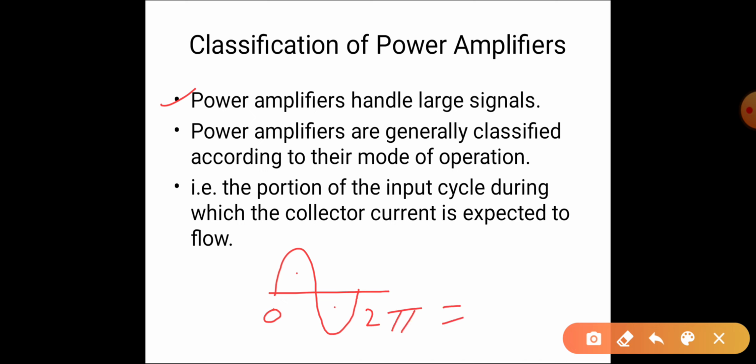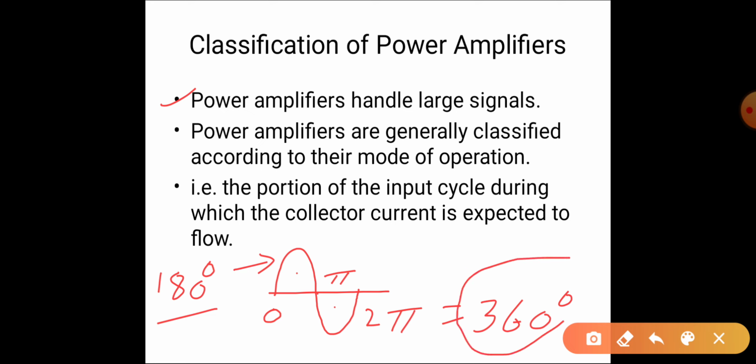That is 360 degrees, and this middle is pi. This first positive half cycle is of 180 degrees and the negative half cycle is also of 180 degrees. So two half cycles, positive and negative, total comprising 360 degrees of